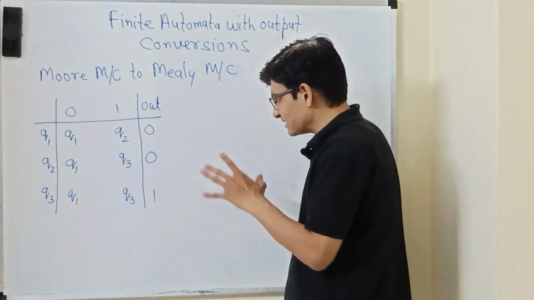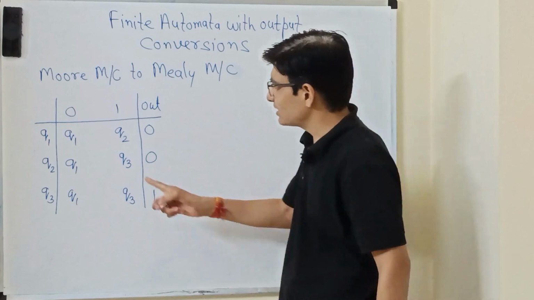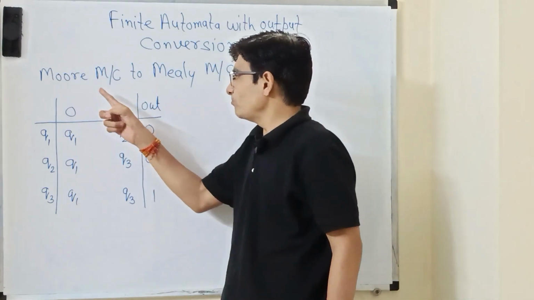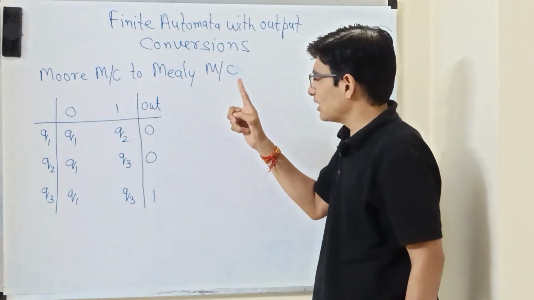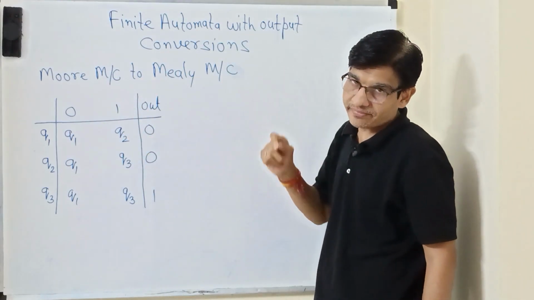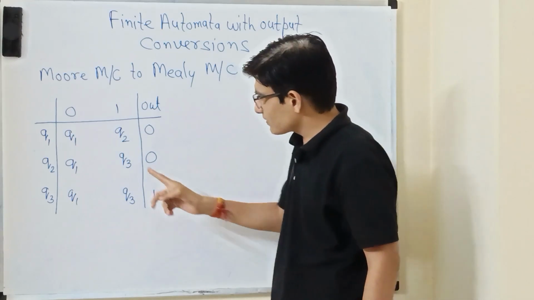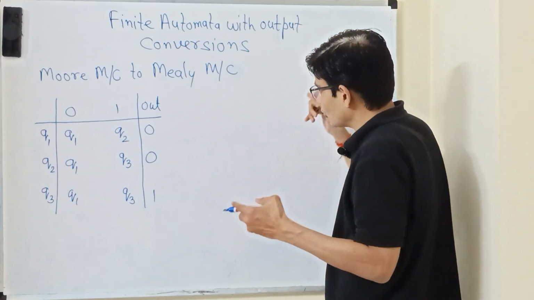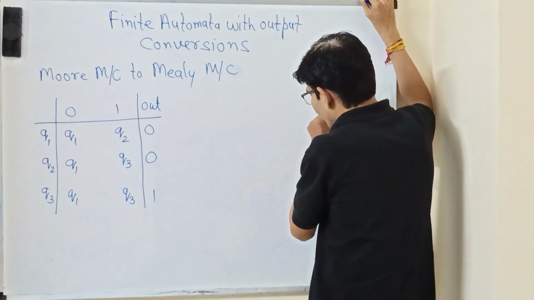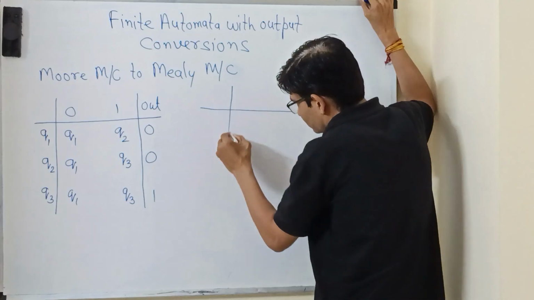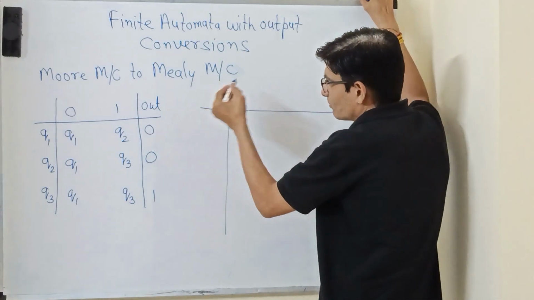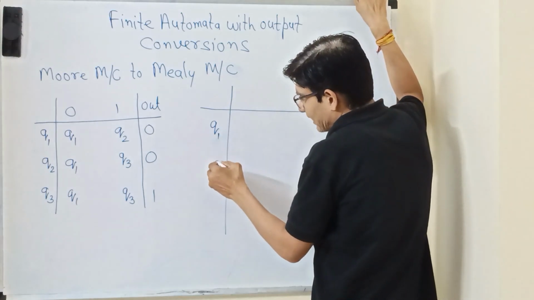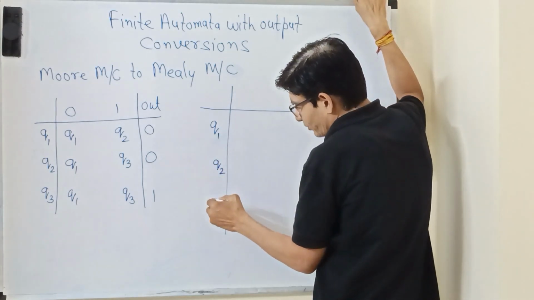So now we can see how we can convert this Moore machine into a Mealy machine. As you know, friends, in a Mealy machine output is associated with each transition. So with each transition, we need to have one output value or output symbol. So here I will make the transition table of the equivalent Mealy machine. The number of states would be the same: Q1, Q2, and Q3,